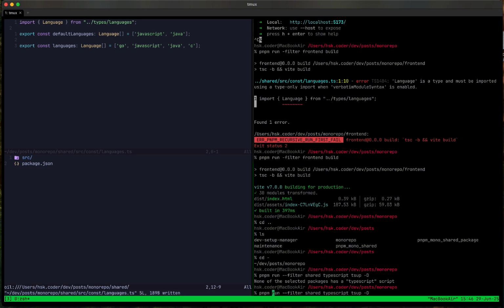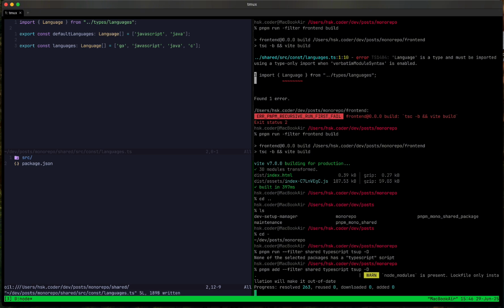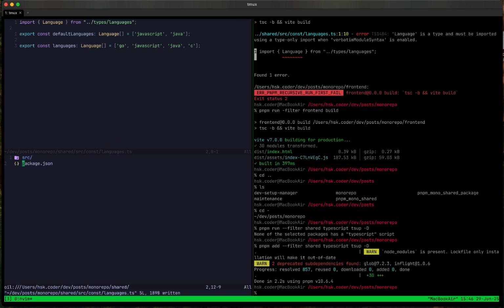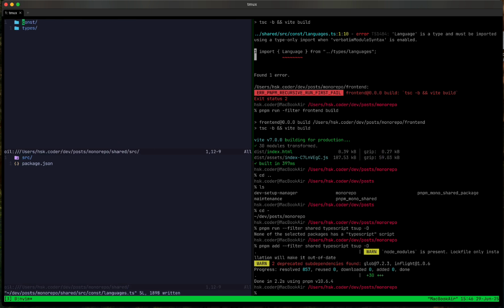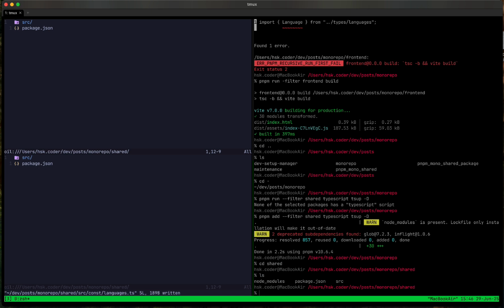It's not run, it's add. Okay, and then we need a TypeScript tsconfig.json. So in shared folder,